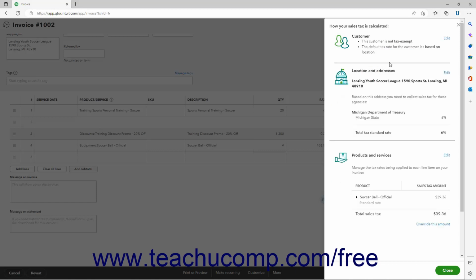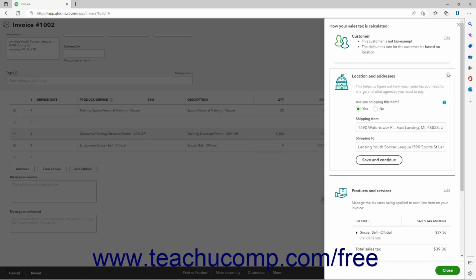In the middle of this pane is the Location and Addresses section. To change this address information, click the Edit link in this section. Then select either the Yes or No option for the Are you shipping this item question as needed. Then double-check the addresses to make sure they are correct. When correct, click the Save or Save and Continue button to return to the main pane. Alternatively, click the X button in the upper right corner of this section to cancel it and return to the